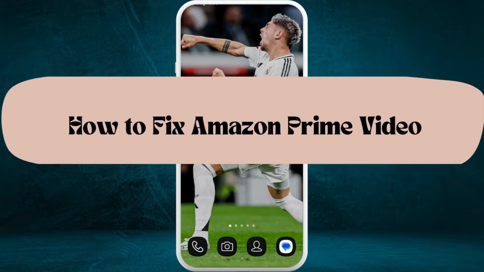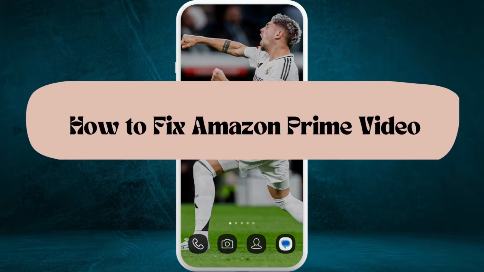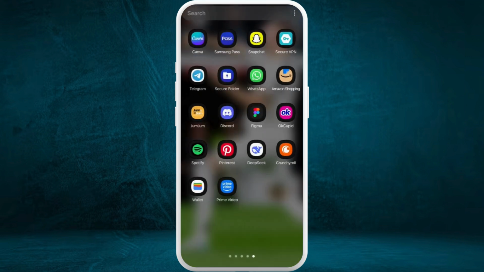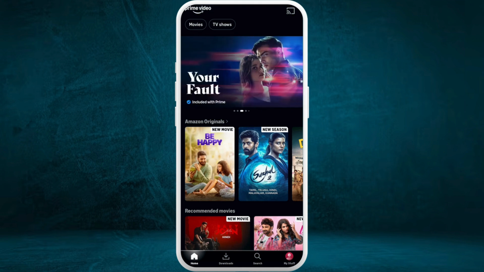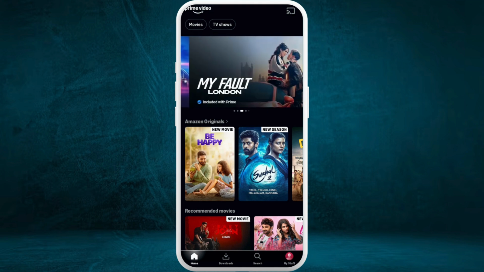How to fix Amazon Prime Video. I'm going to guide you through the process on how you can do it. Let's get started. First of all, on your phone, if you have the Amazon Prime Video app, and if you are having issues regarding various errors and the app not functioning at all, in order to fix that,